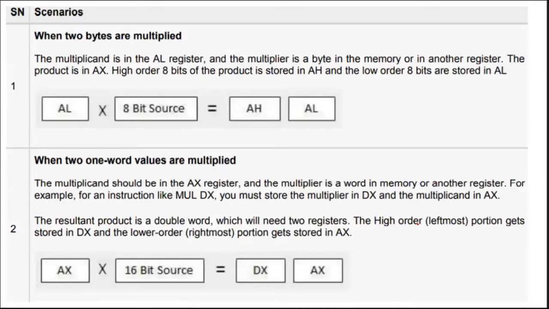When 2 bytes are multiplied. Now this is like a 16-bit program. So when the multiplicand is in the AL register and the multiplier is a byte in memory or in another register, the product is in the AX register. Now this may be quite confusing for you, but when we look at a typical example, you may get what I mean. So what it means is that if you look at this chart,